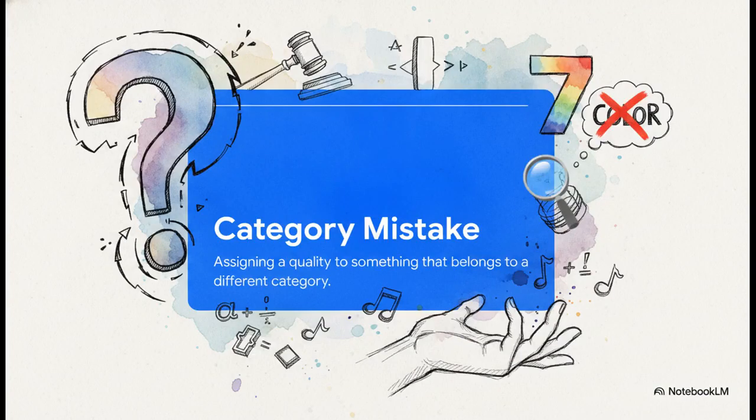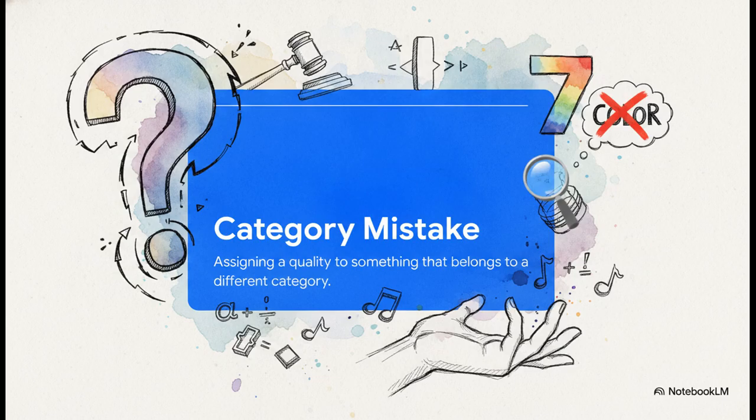Furthermore, the source introduces this concept of a category mistake, which is a foundational error in how language is categorized. Imagine asking, what color is the number 7? That is a category mistake. You're applying the category of color to the category of mathematics. Well, the AI found a massive category mistake right at the heart of the prosecution's case regarding this whole concept